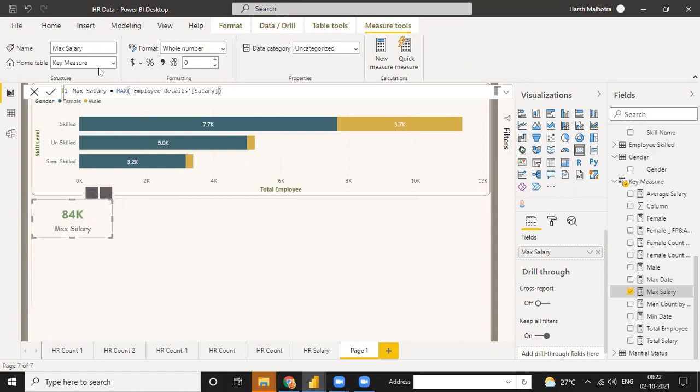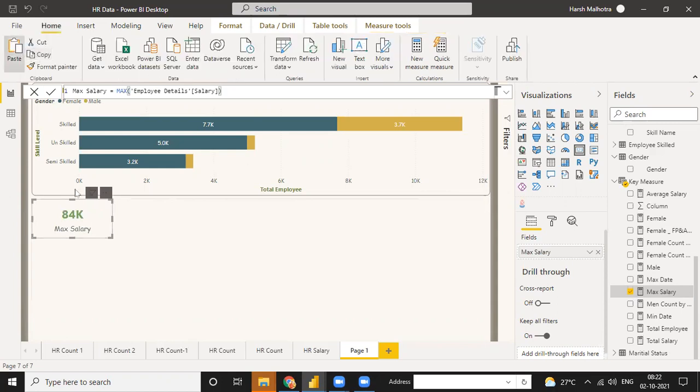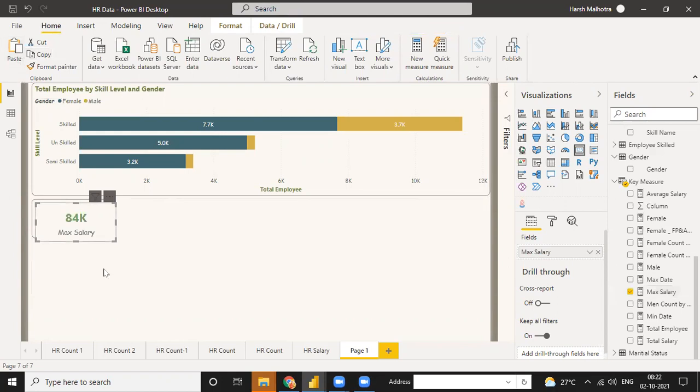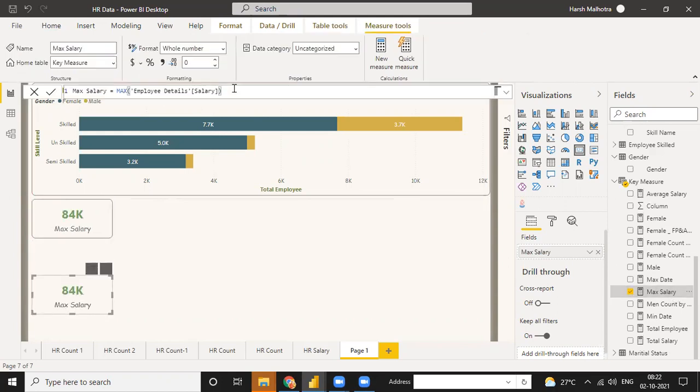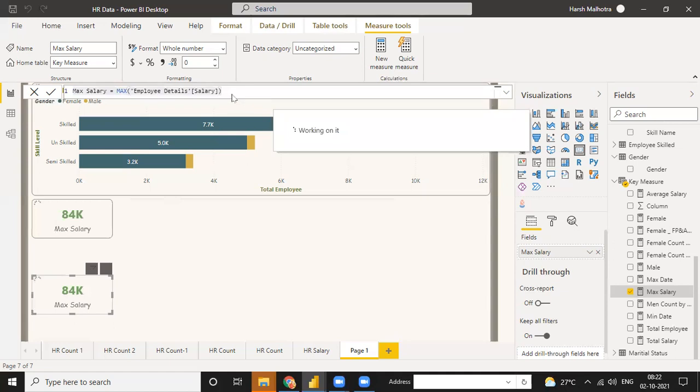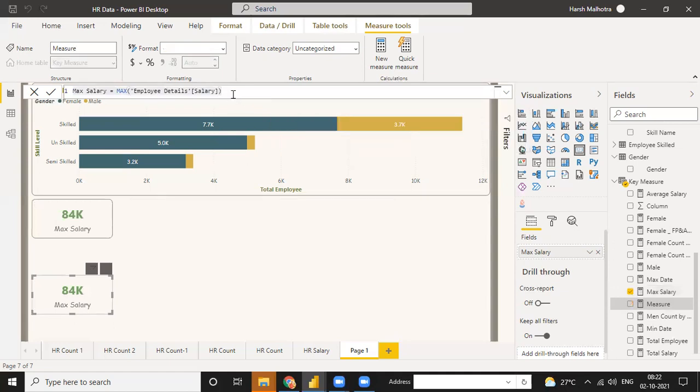In the same way, if I am using minimum, just copy this and add a new measure, Minimum salary.